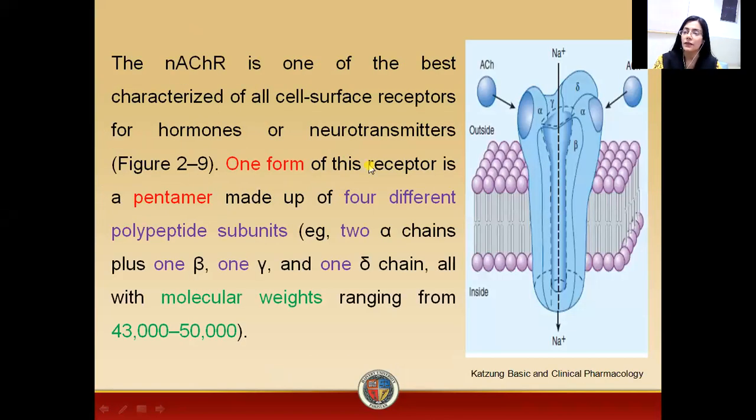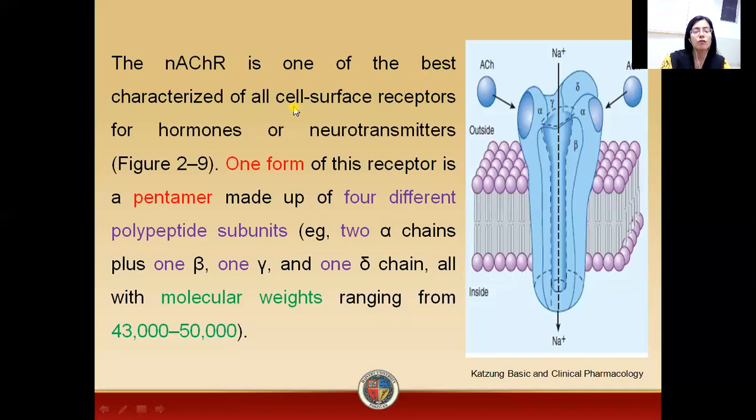So, this figure is representing how nicotinic acetylcholine receptors work. N here is representing nicotine, ACH is representing acetylcholine, and R is representing receptor. So, in this case, you can see that this receptor basically has 5 forms or 5 pentamers. It is composed of 5 polypeptides, which are making basically a pentamer. So binding of the drug to this receptor results in activation of the receptors.